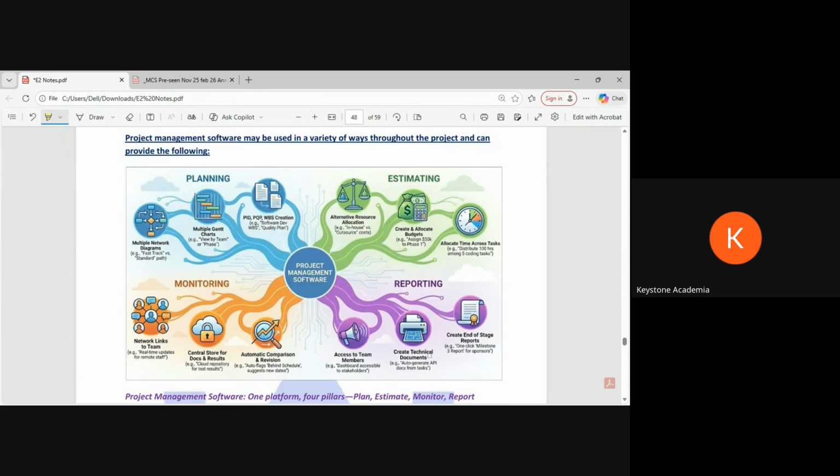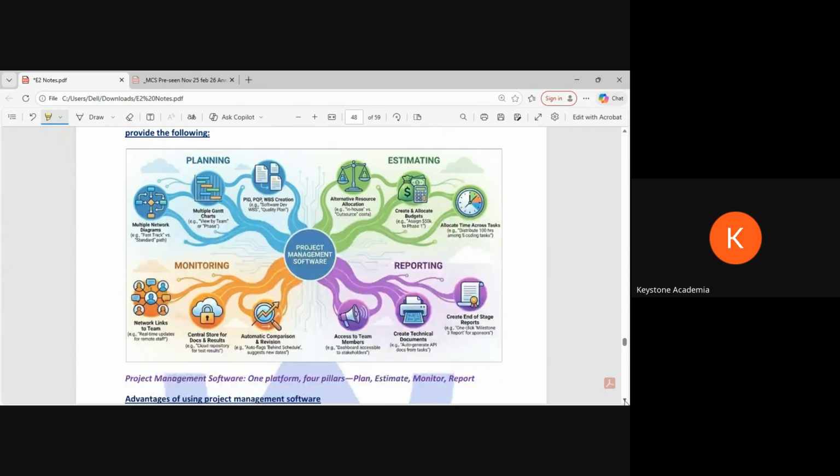Let's say we have taken a loan and the banks need the proper updates. Many times the bank will not allocate funds unless they know that we have done some part of the project, because they must be giving money for this specific project. So they want to make sure that the funds are utilized properly, and they are seeing the progress, because they're also sharing a little bit of risk, right? And obviously to the other stakeholders. Planning, estimating, monitoring, and reporting.